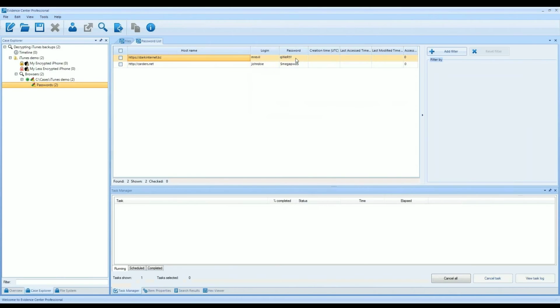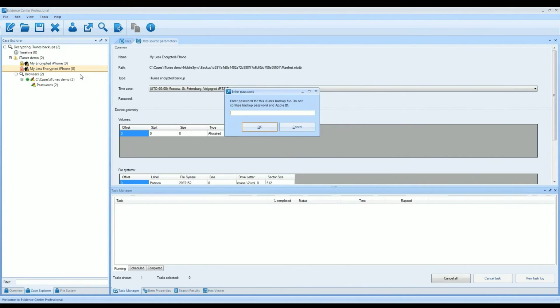Let me add the first one. Well, the second one didn't match as well.